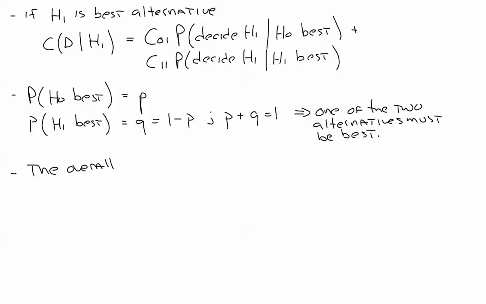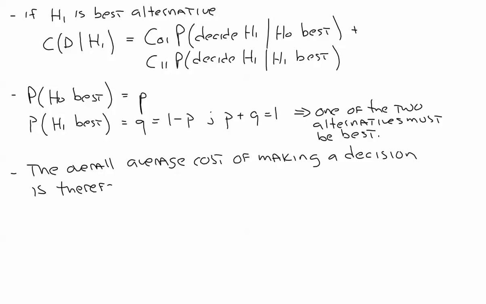The overall average cost of making a decision is therefore cost of making a decision, this is a non-conditional cost, equals